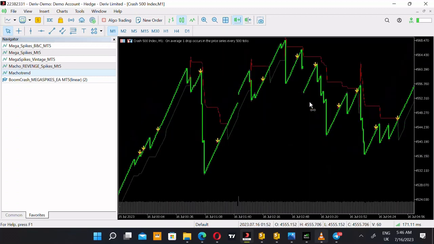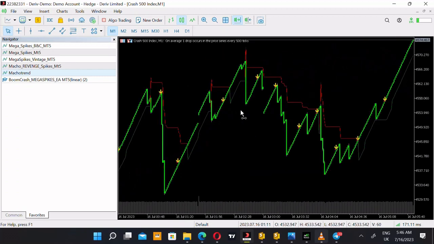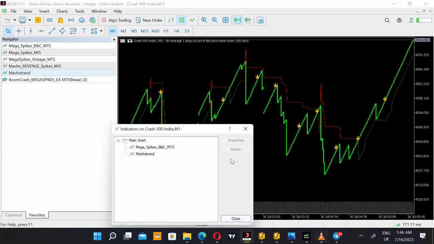Let me go back a little. And so basically that is it for version 1.1. Let me just remove them, and then let's take version